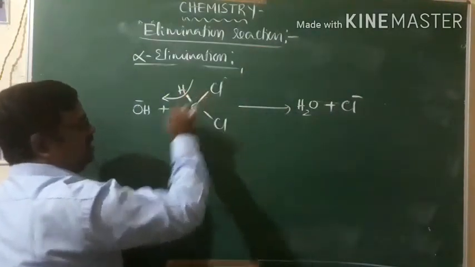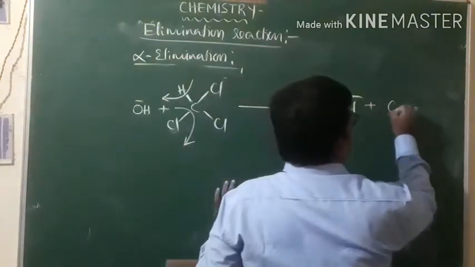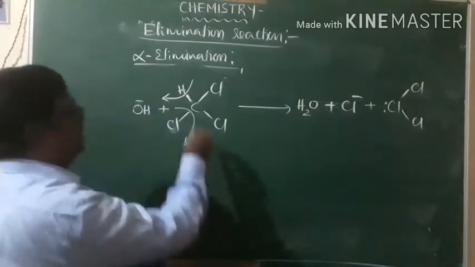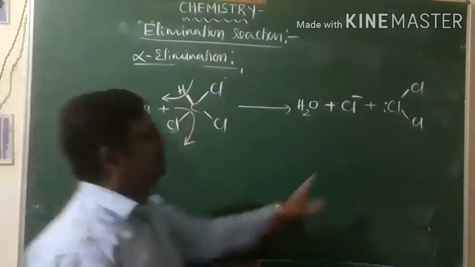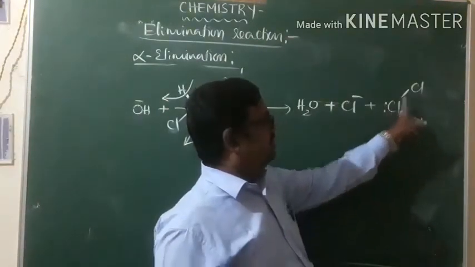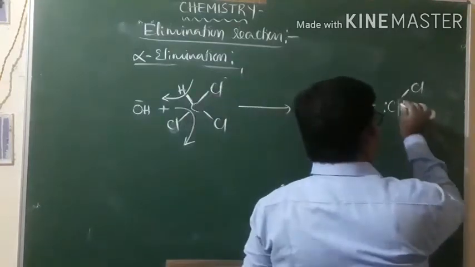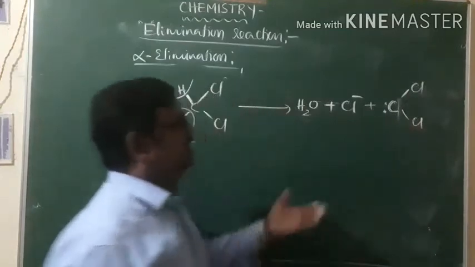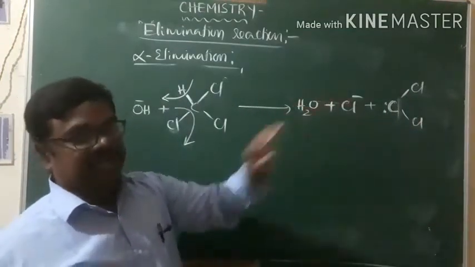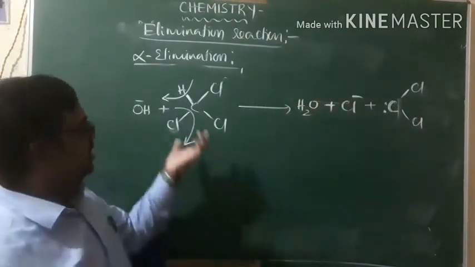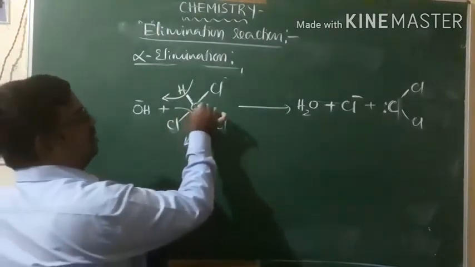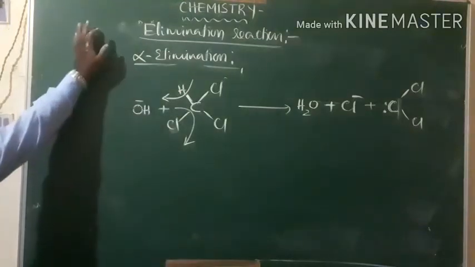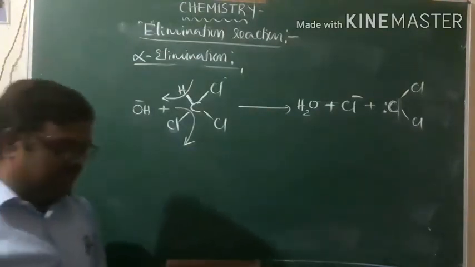You are left with these two electrons, and that is dichlorocarbene. This bond corresponds to 2 electrons. On the carbon there are 2 electrons and 2 monovalent groups. That is dichlorocarbene, one of the intermediates that we discussed in the previous class. Here also we removed the atoms or groups from the same carbon, and it is an example for alpha elimination.